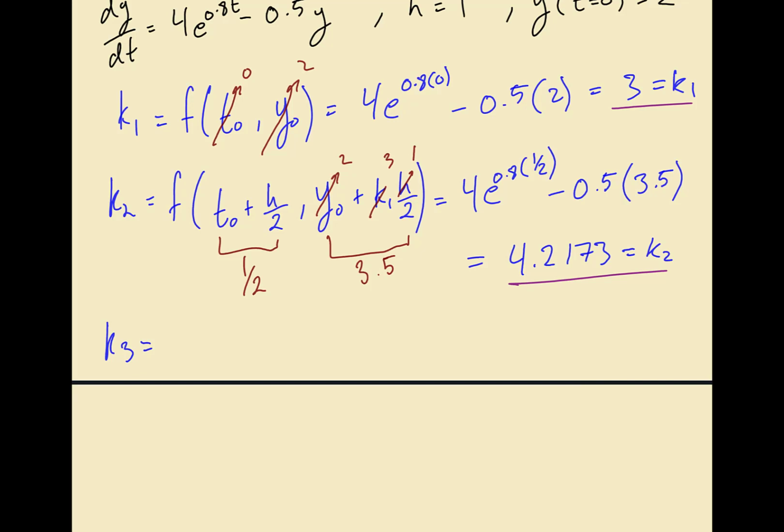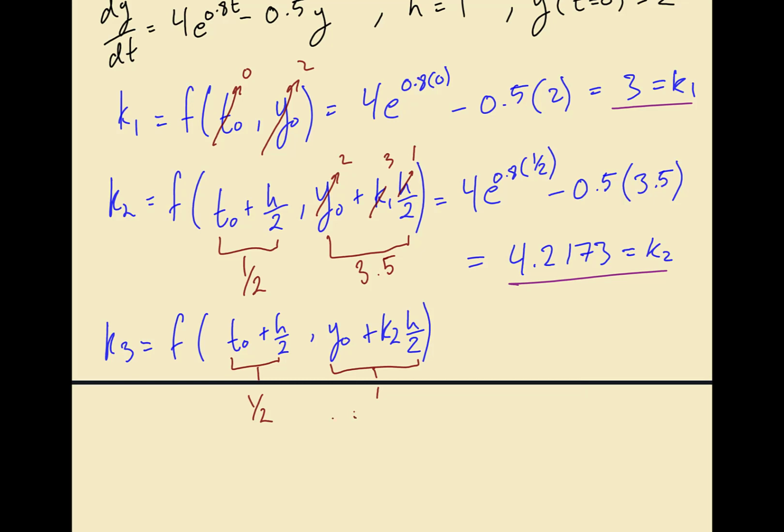So K3 is also the midpoint. So we have the function here, T naught plus half H. Then we have Y naught. Instead of K1, now we're going to be using K2 times H divided by 2. Again, this part here is equal to the half. And this part here, if you do the math, you'll get